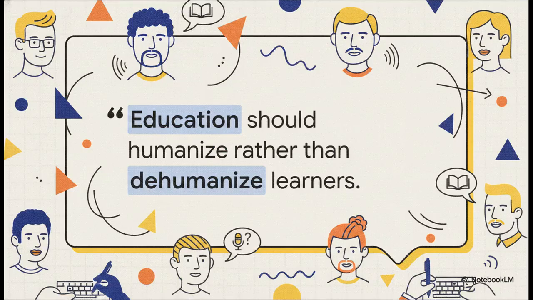And this idea aligns just beautifully with a core philosophy from Paulo Freire, who said education should humanize rather than dehumanize learners. Teaching a language is never just about transferring grammar rules from your brain to theirs. It's about recognizing our adult learners as fully formed, complex individuals. They have rich histories, they have very genuine insecurities, and they have valid voices that deserve to be heard.